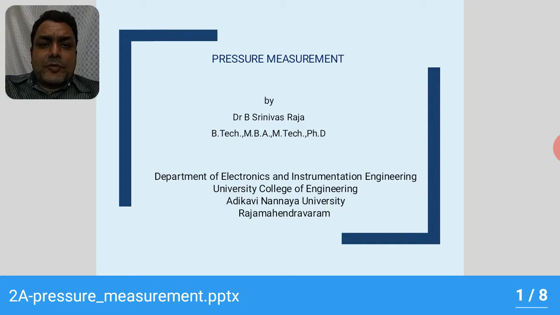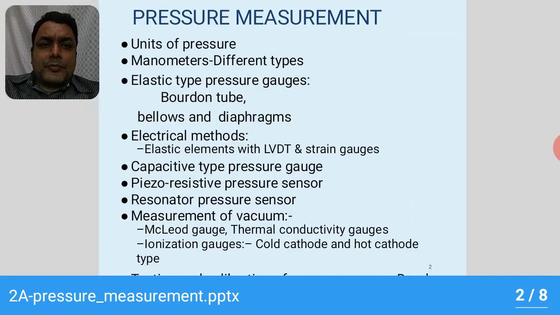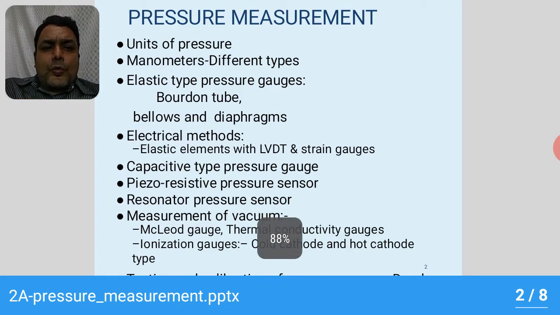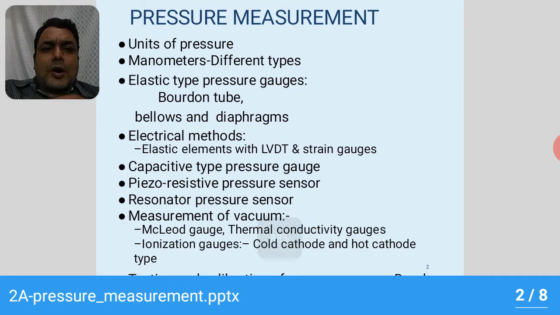Hence, different types of instruments are used depending upon the range of operation of the pressure which we apply in industrial processes. So, we can see that pressure measurement consists of various ranges. Hence, different types of pressure measuring instruments are used depending upon the type of application. So, we need to understand what the different units of pressure are. Again, we have to know what a manometer is, and what the different types of manometers are which we use in pressure measurement.